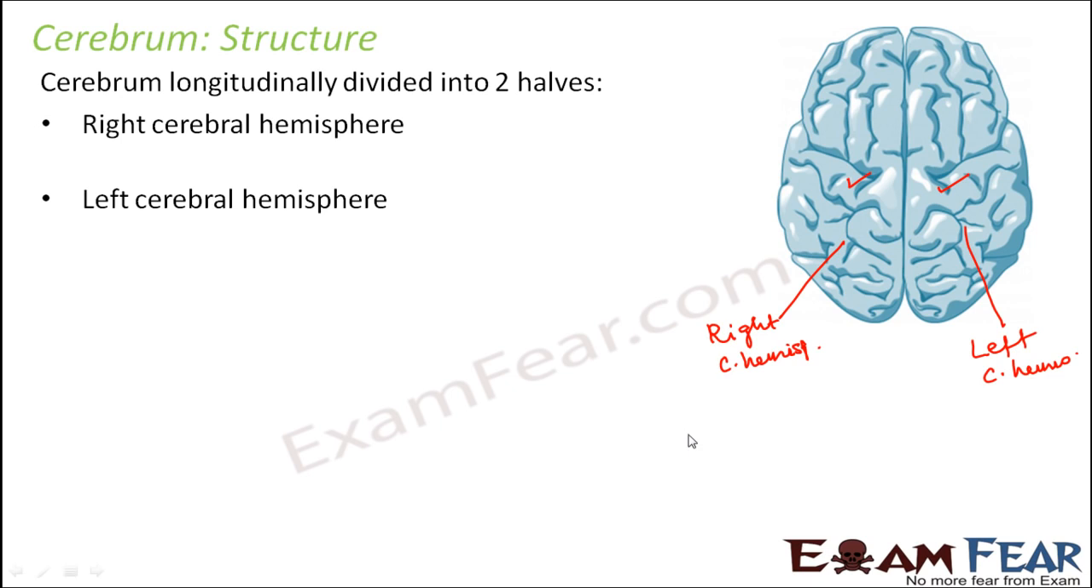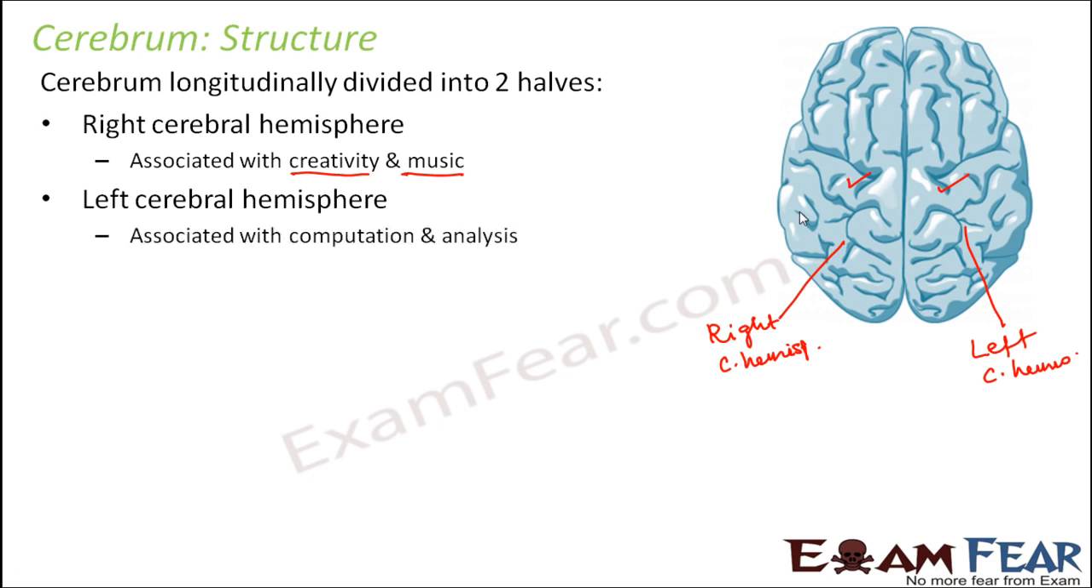So these are the two halves. And what divides it into two halves? So now, let us first talk about what they are associated with. The right cerebral hemisphere is associated with creativity and music. This is all about how creative you are in doing things, how artistic you are. All those sections are located in the right cerebral hemisphere, whereas the left cerebral